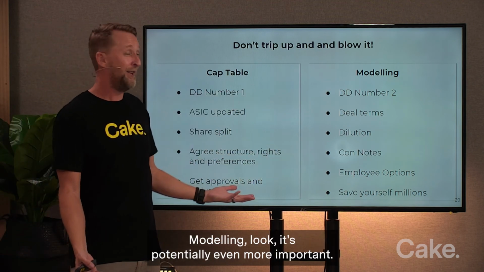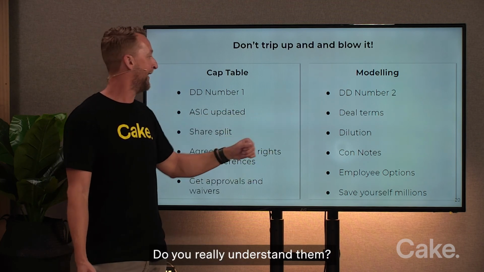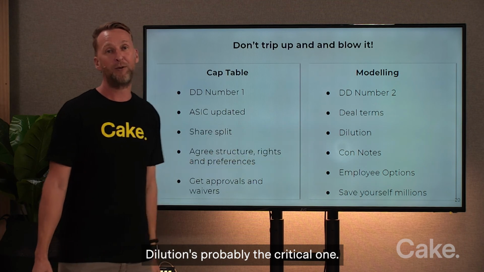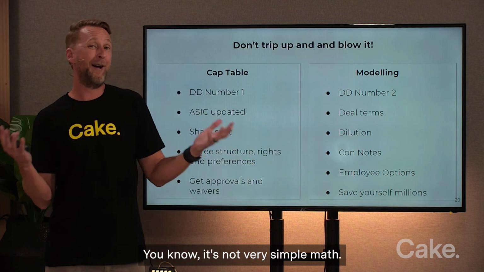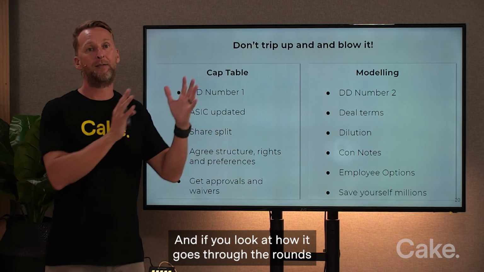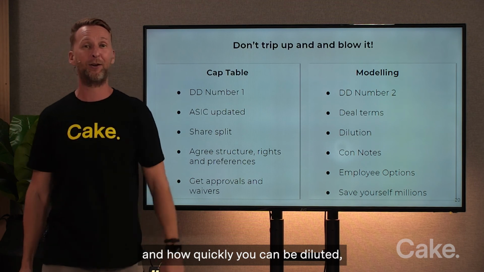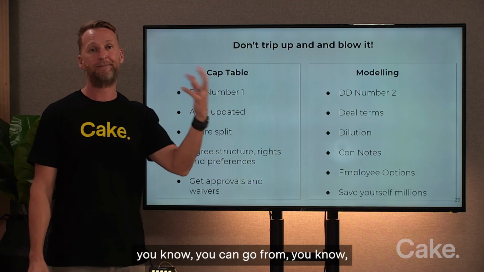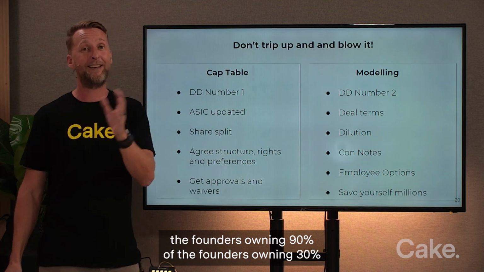Modeling, look, it's potentially even more important. What are the deal terms? Do you really understand them? Dilution's probably the critical one. It's not very simple maths. And if you look at how it goes through the rounds and how quickly you can be diluted, you can go from the founders owning 90% to the founders owning 30% in a matter of 2 or 3 rounds,